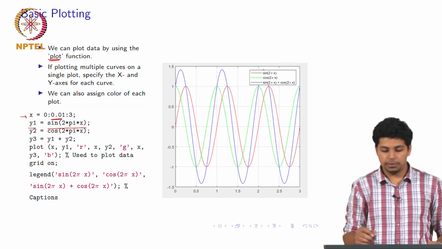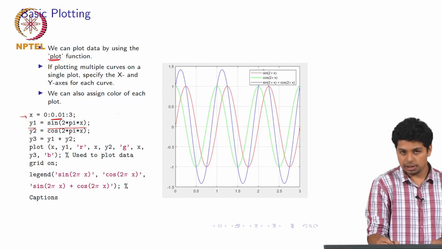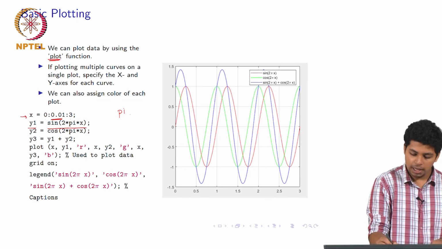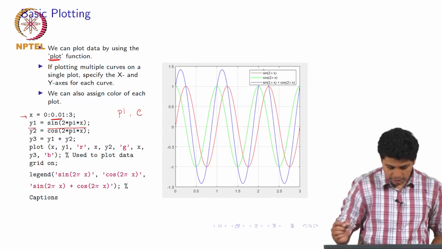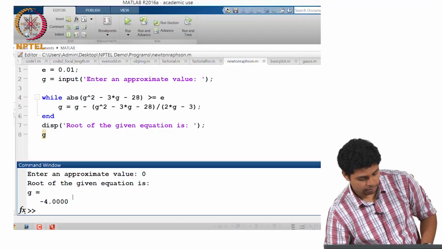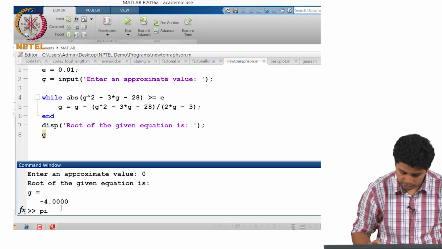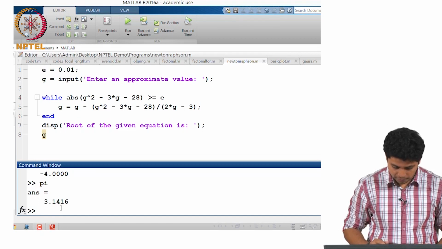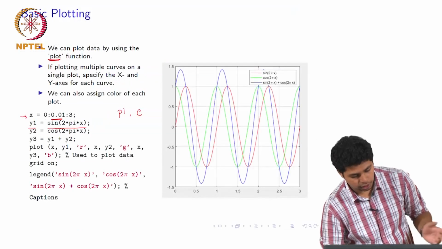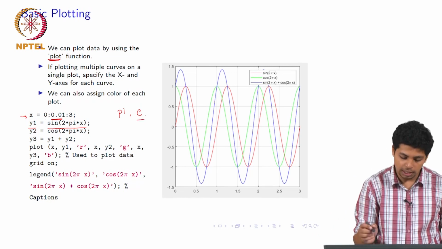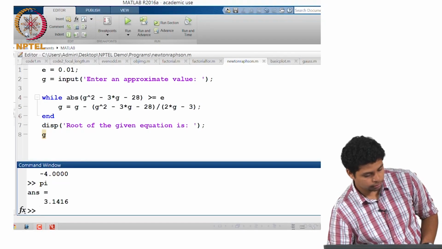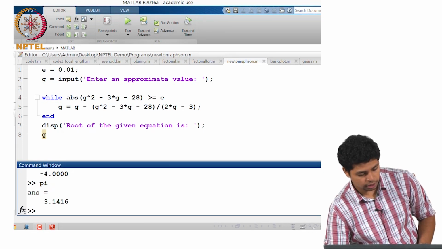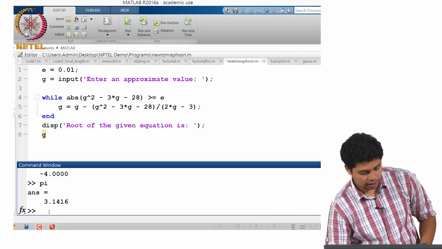Now I should probably tell you right now that MATLAB has inbuilt stored the values of pi and e. So I'll just explain to you on the MATLAB command window. If you just enter pi in the command window, it will give you the answer, that is, it already has the value of pi stored inside it. We can also likewise check for the value of e as well, but since I've already used it in this code for some operation, it will give me that value. But if it does not have any value stored in the workspace, then even e's value will be displayed in MATLAB.